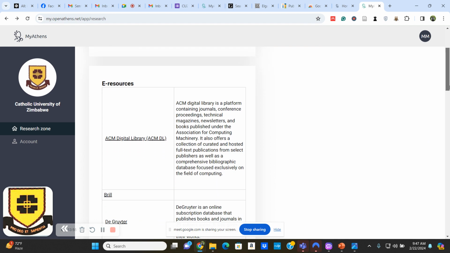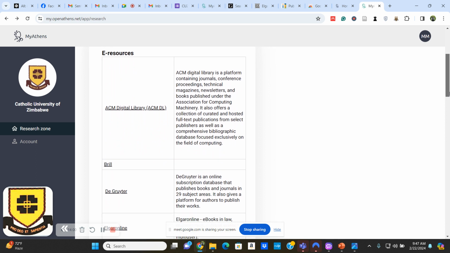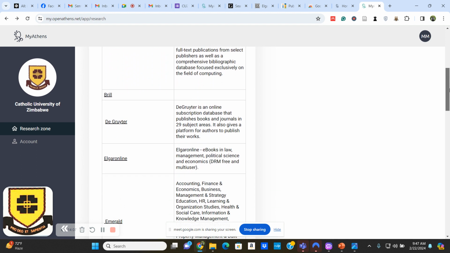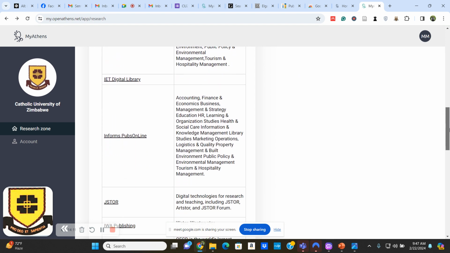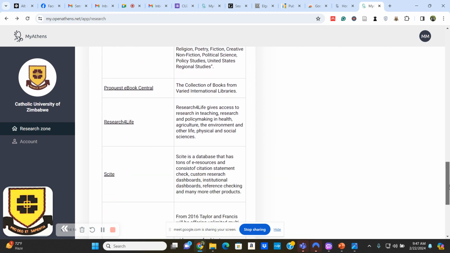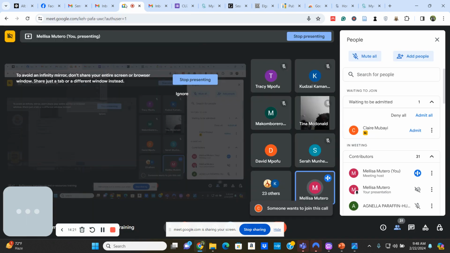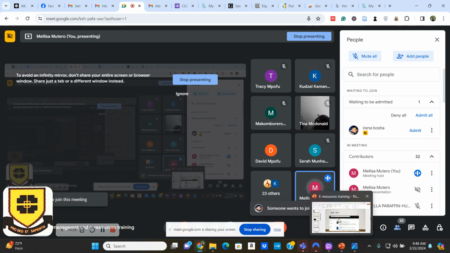Thank you so much. So if you're not sure of which database to use, you can always check this side. If you read the side, it will tell you which subject that database covers. So you can just read through and confirm, and that's all about these e-resources. That's about I think all of it. Then I'll go on